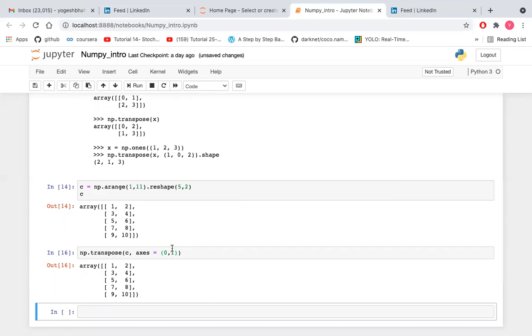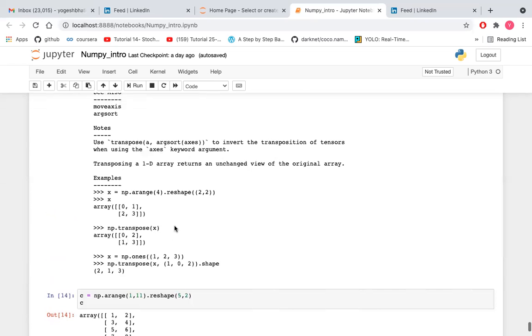If we give 0 1, it won't change: axis 0 means 5 rows, and axis 1 means 2 columns, so it gives the same value. If we change it to 1 comma 0, the column is now converted into row, and row is converted into column. So this is the use of axes.